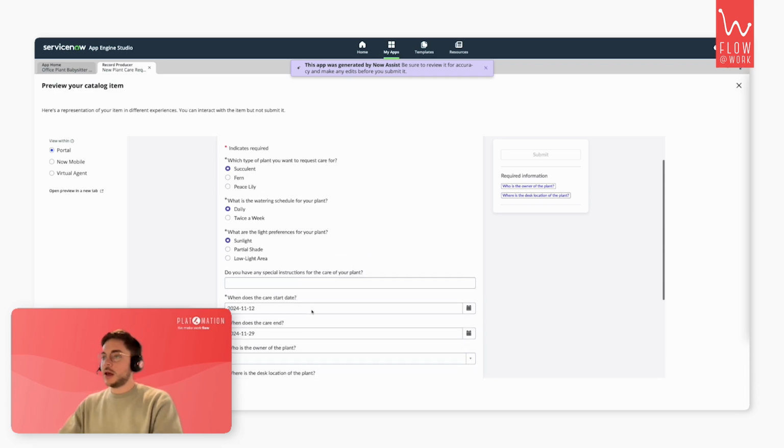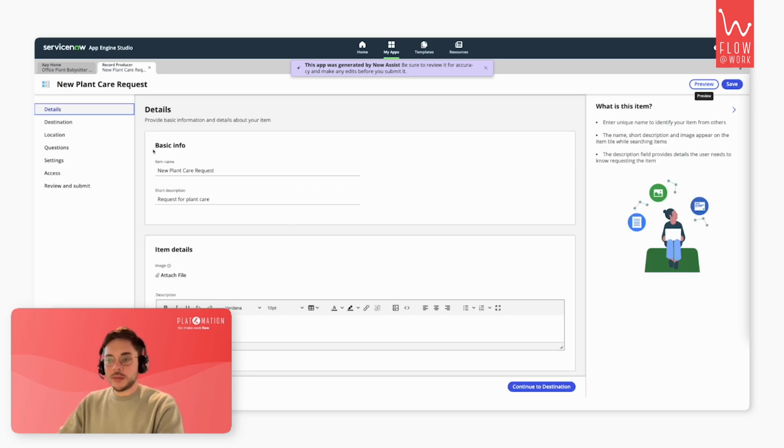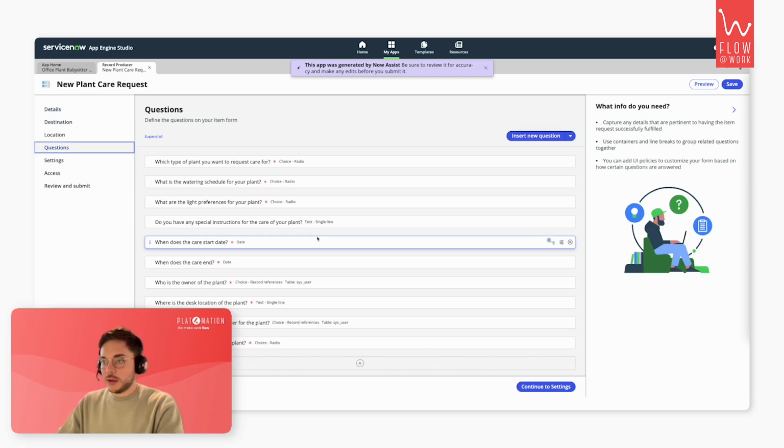But we can see that it's already doing a lot of our work. This would cost us a lot more time if we would do it all manually ourselves. This app is not finished yet, of course. It needs some refinement, but it's a great basis to start from. And now if I leave this preview screen,